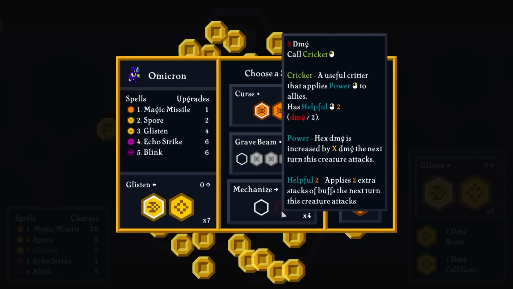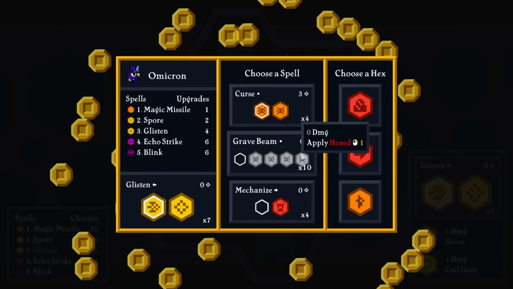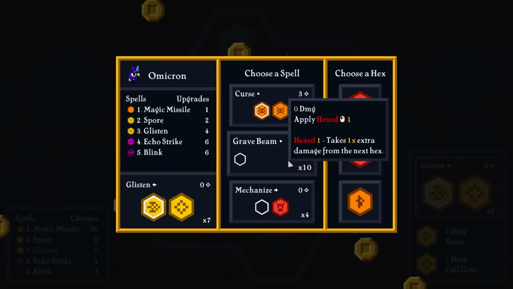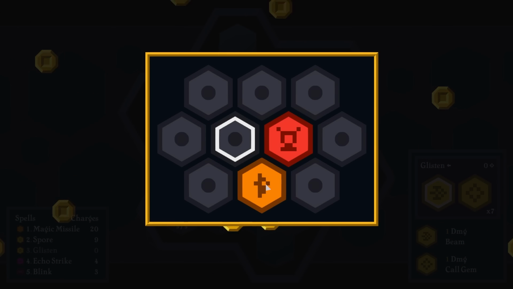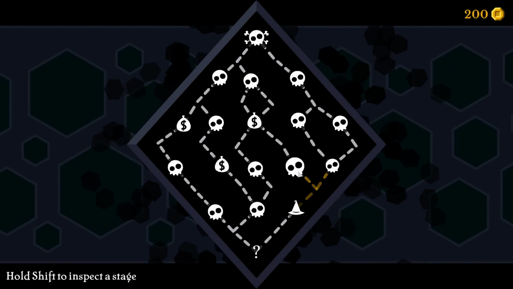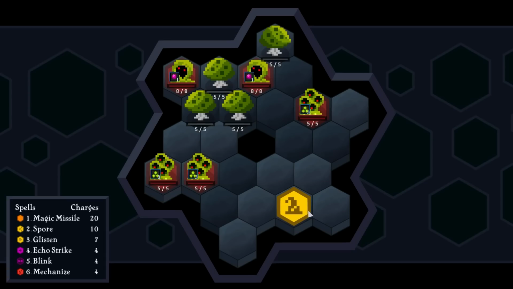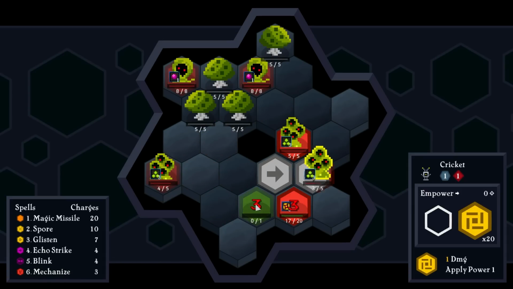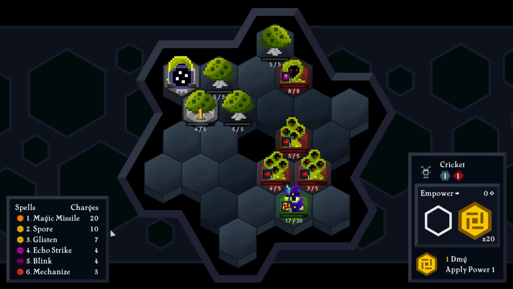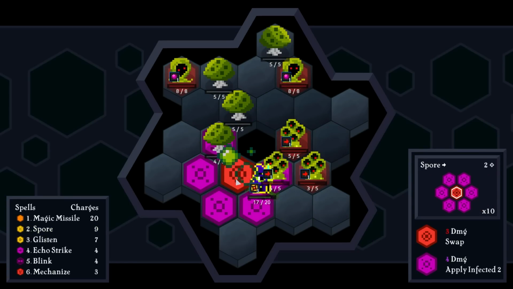Called Cricket. Grave Beam. Applies a ton of hexed. Does no damage. Well, let's grab Mechanize. And I'm just gonna make it so Mechanize also summons a parrot. Like a full summon build could get kind of fun. Okay, never mind. Didn't work and now I'm in trouble. Unless...